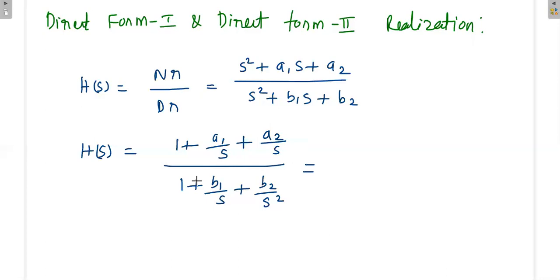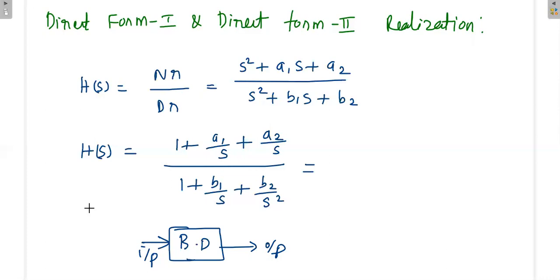In general, any block diagram consists of an input and an output. Once you give the input, you get the output, and in between there is the block diagram. The block diagram consists of integrators, summers, sometimes differentiators, and gain blocks. Then how are we going to introduce those integrators? Either we introduce an integrator common to both input and output, or a separate integrator for input and a separate integrator for output.